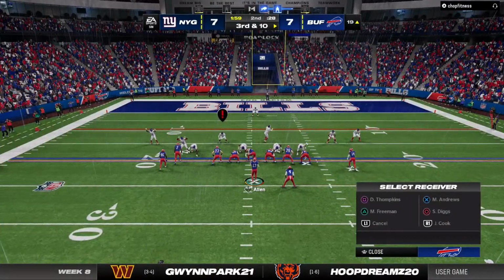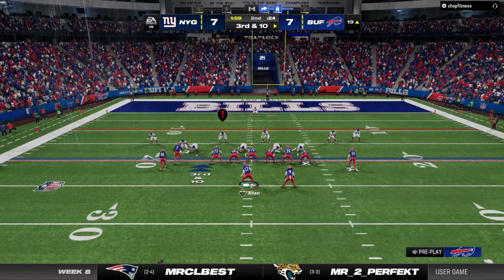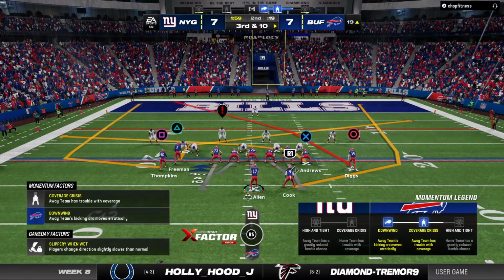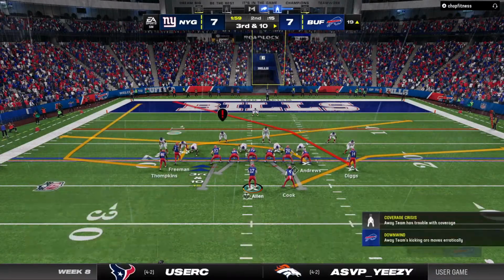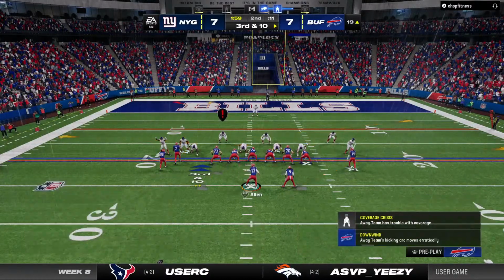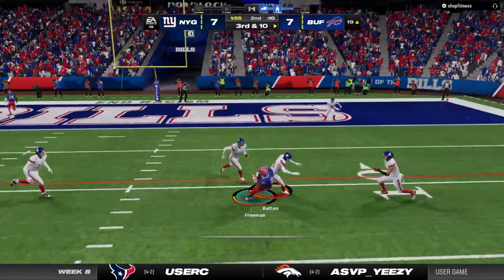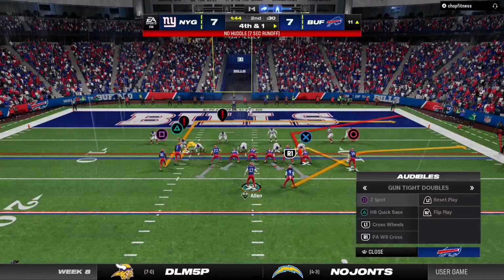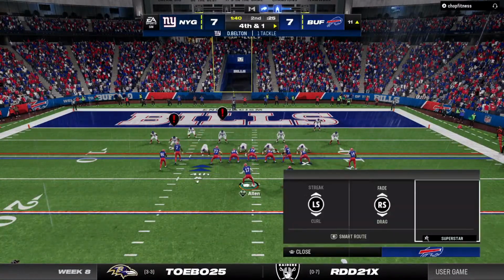Now, right where this set of downs started, they need a full 10 here to pick up the 1st down and move the chains. Throwing is Allen on 3rd. Quick throw to Freeman on the slant. And he'll be brought down shy of the 1st down marker at the 11. It's now 4th down